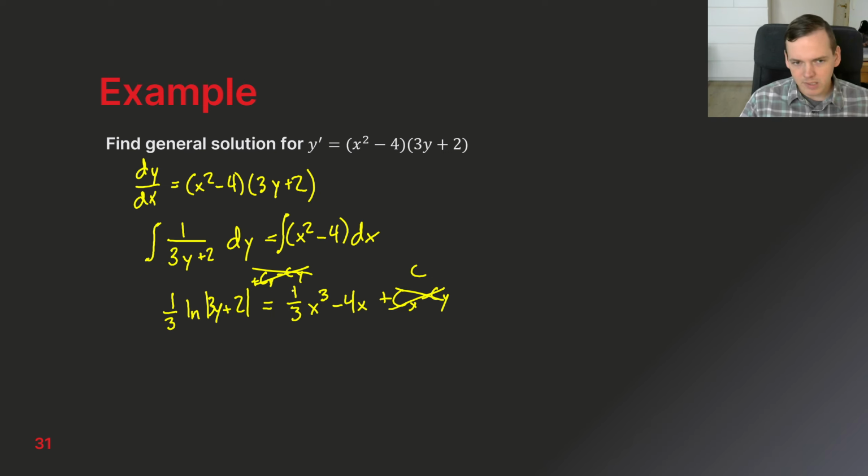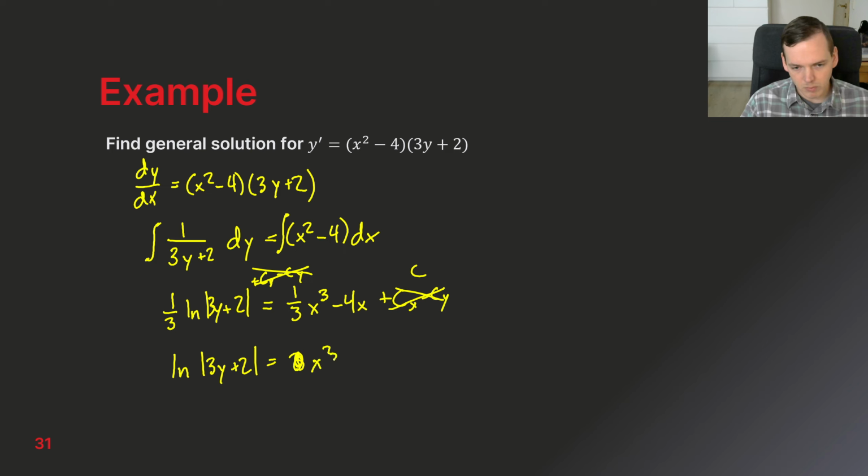Now, technically we've solved the differential equation. This is a solution. If you go back and plug it in, you'll find that you get that. But it's really hard to check this because we don't have y equals to take the derivative of. So let's do the algebra to isolate y to find the general solution. First thing I'm going to do, I'm going to multiply both sides by 3. And that will give me